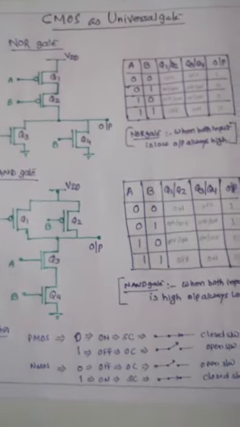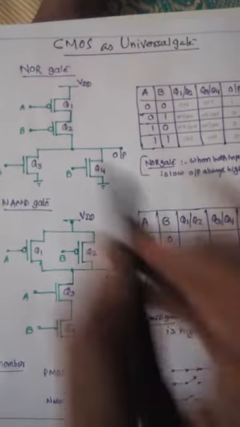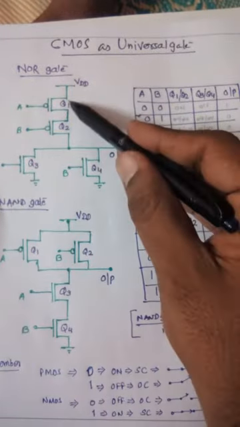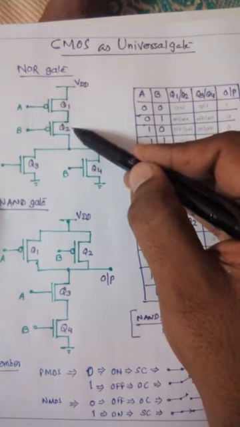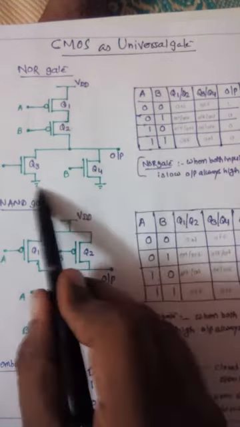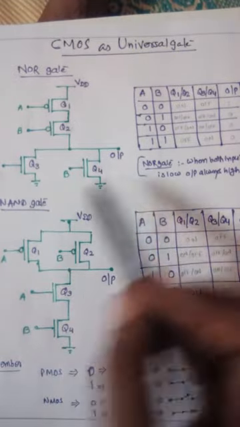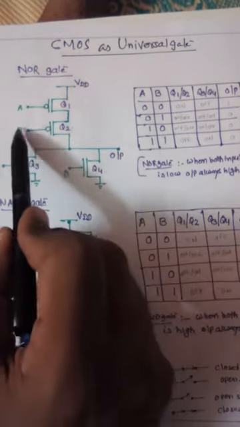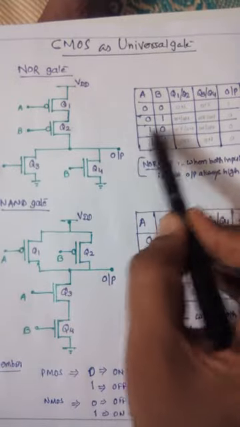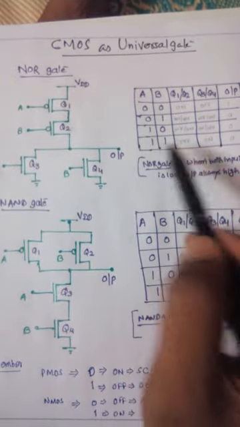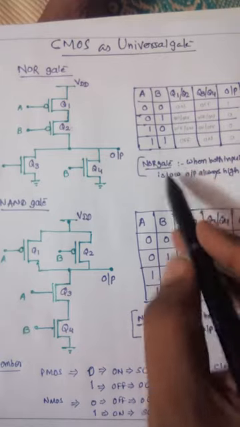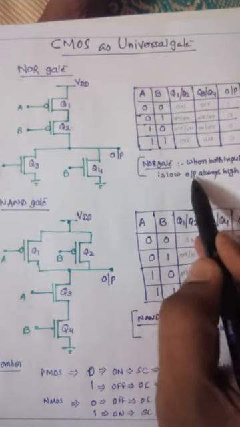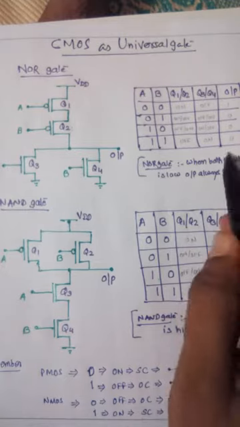Now next one is CMOS. Here we see CMOS as a NOR gate. For the construction, we take two PMOS in series and two NMOS in parallel, in such a fashion. Here is VDD, and this is the source, and output is taken here. Now the conditions are 0 0, 0 1, 1 0 and 1 1, and we check whether these are a NOR gate or not. The condition is that when both inputs are low, the output is always high for the NOR gate.